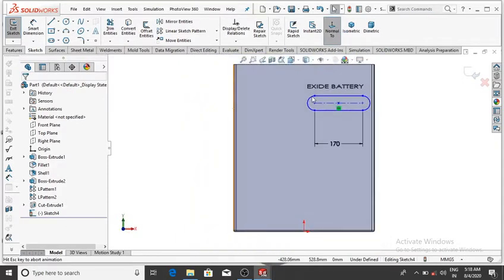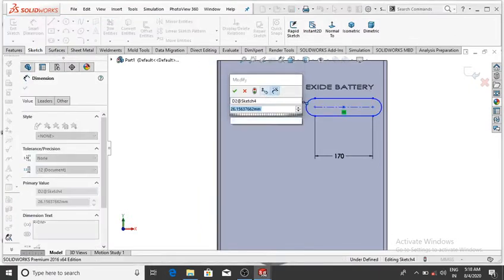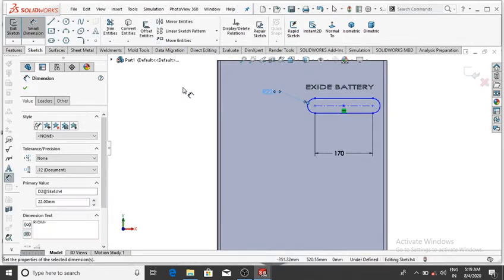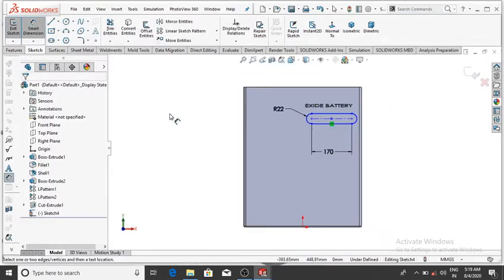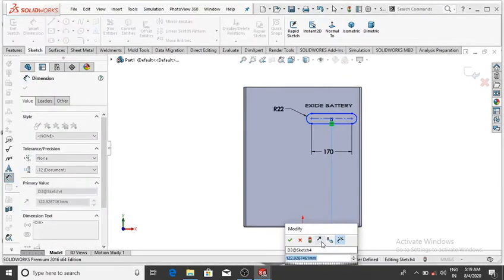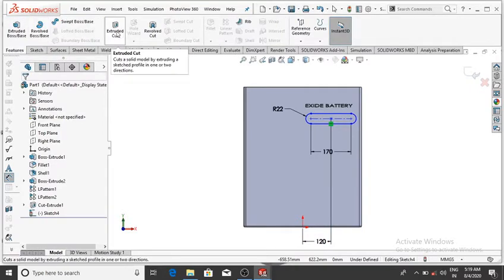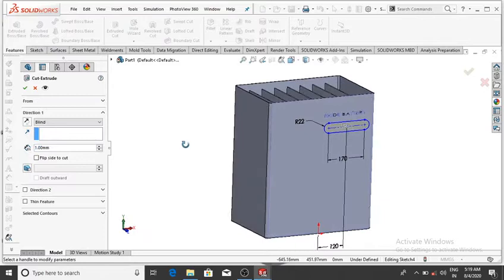So make the dimension of this, go to the smart dimension and make it 22 mm. Now okay, and from this center line to this line will be 120 mm. Then okay, and make the extrude cut to 0.5 mm. So go to the feature and make extrude cut 0.5 mm. So select 0.5 mm.